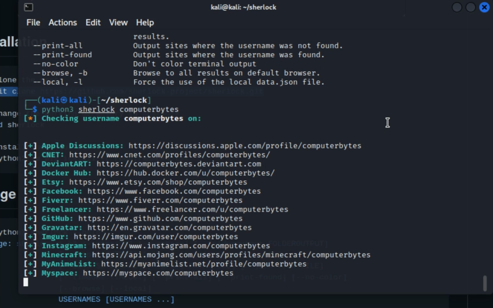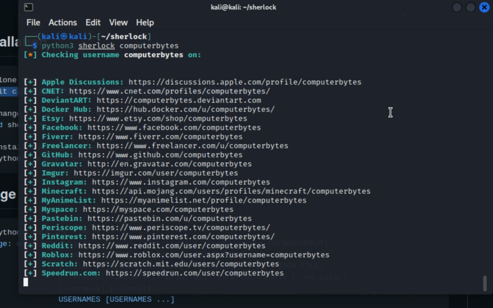You can also use a CSV file if you've got a CSV of all the usernames. And it shows a whole bunch of